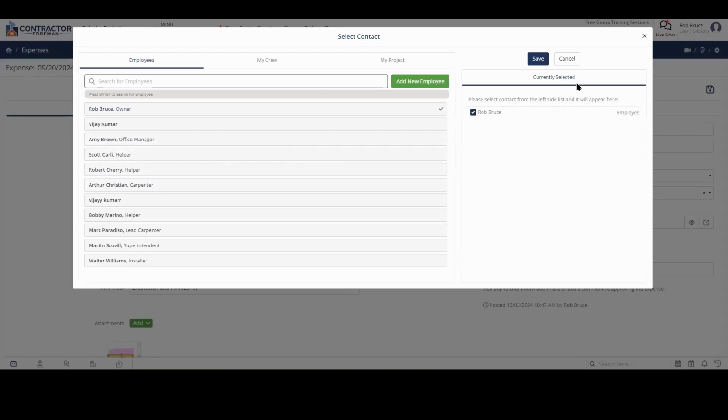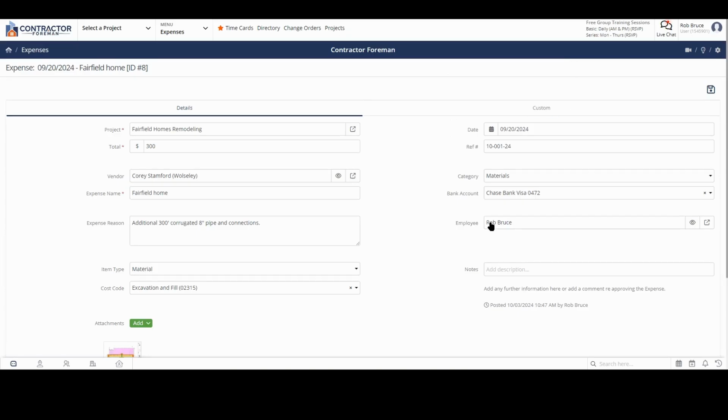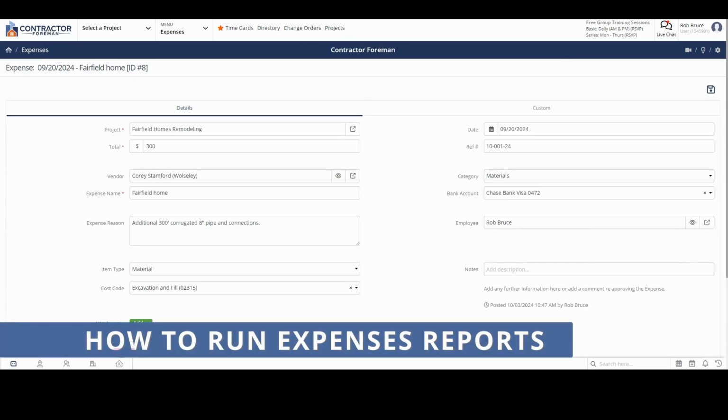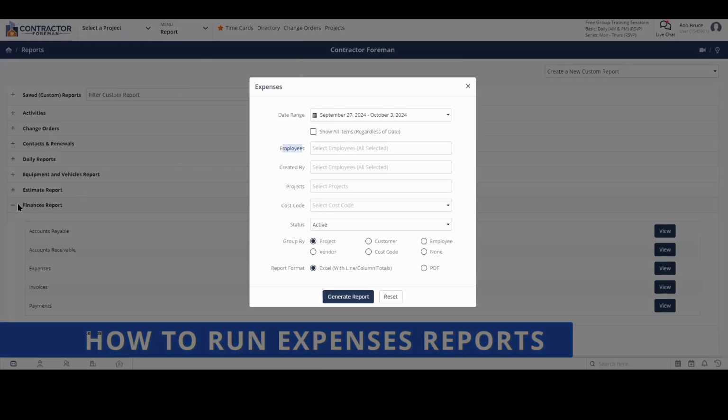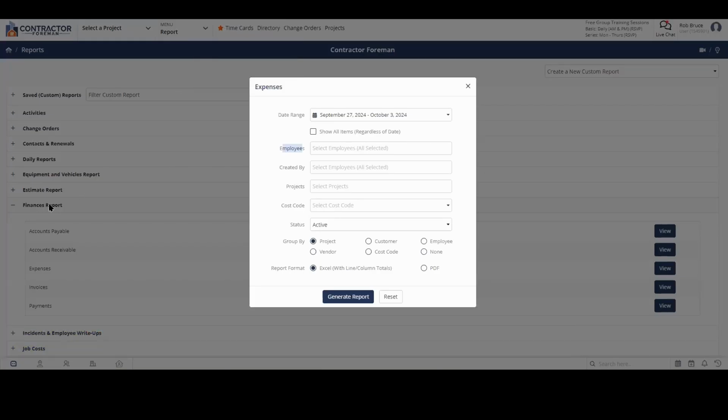And so I selected myself and I put in there. And then in reports, let me pull up the report tab here for you. You can see that I'm in financial reports, and I clicked on expenses, and we bring up what I call the little parameter box here. So I can run date ranges, etc. But there's the employee. So I can run an employee reimbursement report very quick and easy using the report feature in